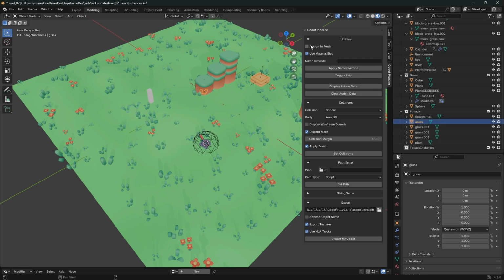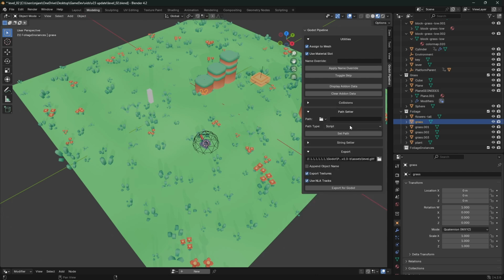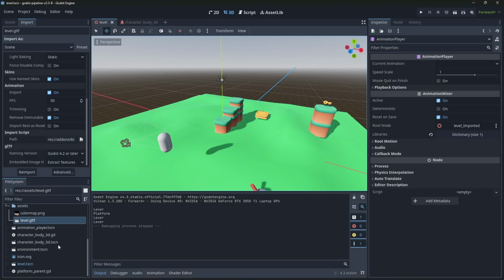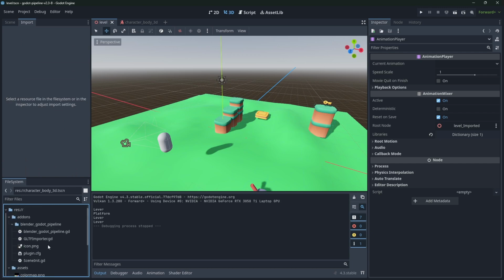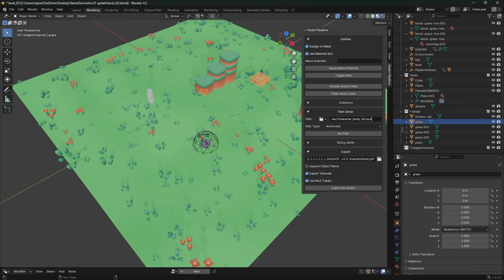So with the add-on, what we can do to actually set this up is, under grass, I'll just clear add-on data for these 3 to show you where it gets set. But let's start with the grass, and assign to mesh is on. Go to path setter, and what we're gonna do is set multi-mesh path. And my paths aren't in here, so you can copy really any path from Godot, it doesn't really matter. This workflow probably could be improved, but this works for now. But if we do grass.tres and hit set,